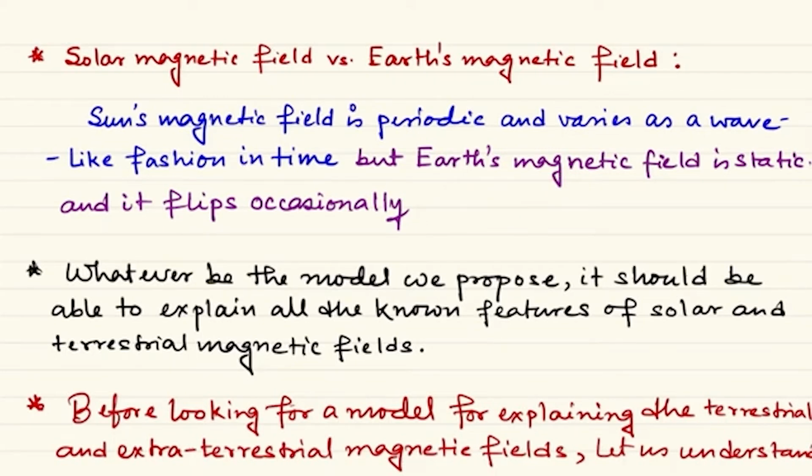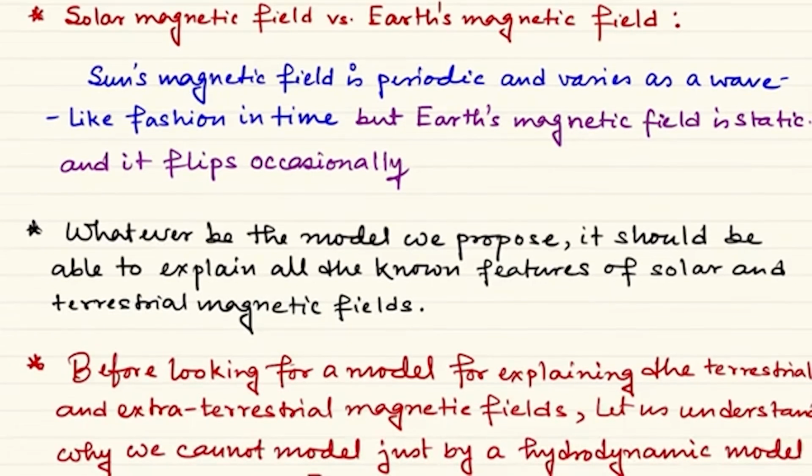Okay. Now, whatever model we propose for the origin of the astrophysical magnetic field, because that is the central question of the course, that is, why there should be a magnetic field in this Earth or Sun or any other systems where we know that the normal ferromagnetic origins are discarded as the cause of those magnetic fields, then we have to think of several models, of course.